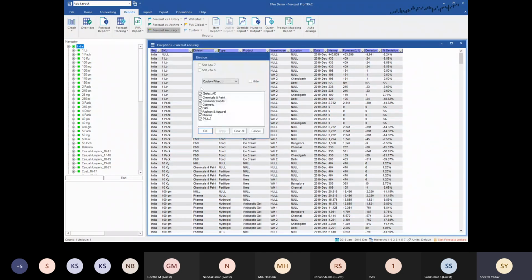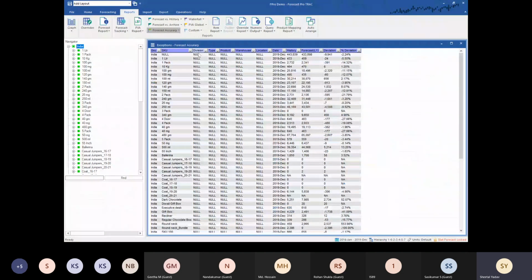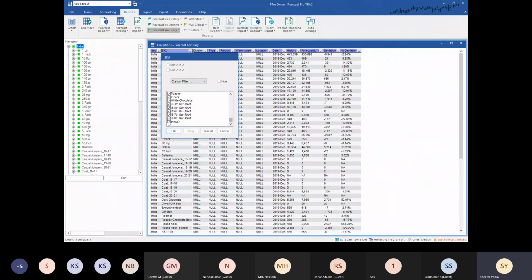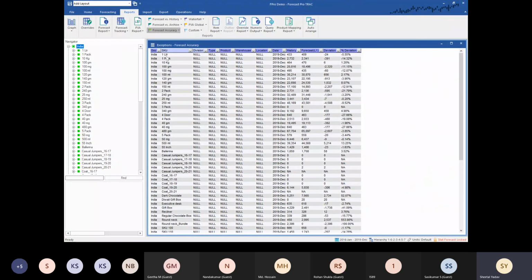from the division side, which is my next level, you select null from the next level. And from the SKU level, you select all the SKUs and deselect the null. So now I have my forecast with a lead time of 1 in this case. I'll go to the settings part in a bit, but I have my forecast with a lead time of 1 at the SKU level. And remember, this is my reshuffled hierarchy. Earlier, I had my chemical and my consumer good categories first. So for the month of December, I can individually look at my historical sales number, my forecast, and the deviation over here.